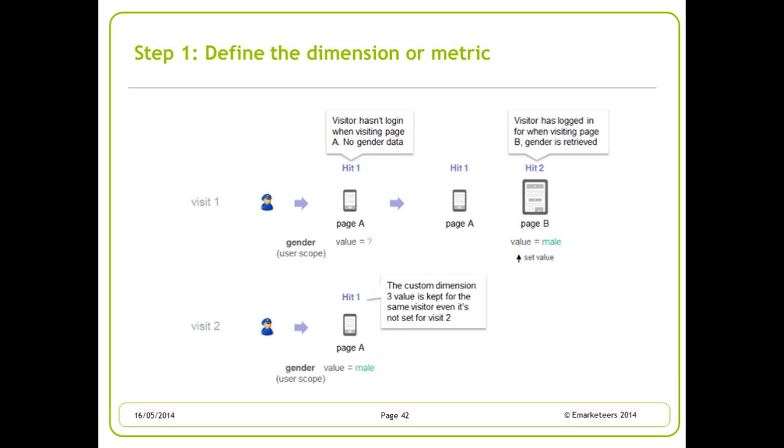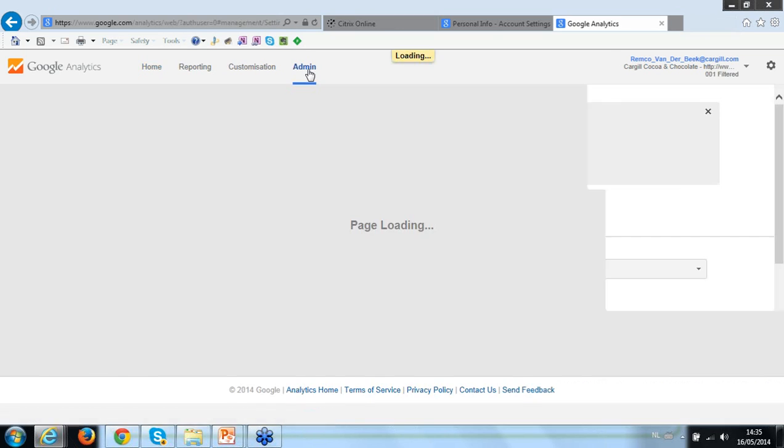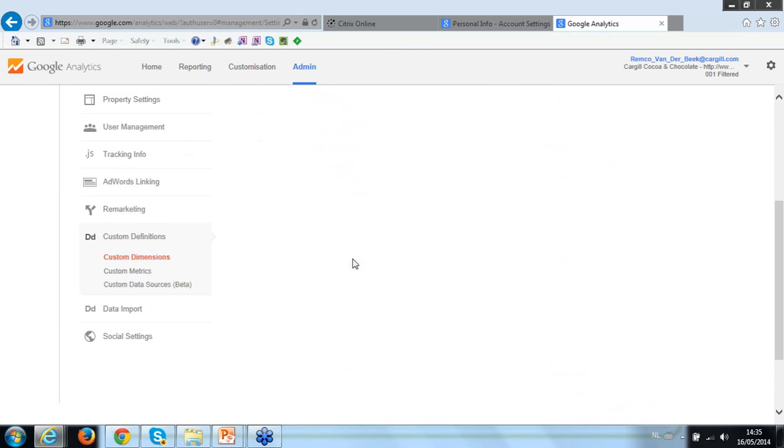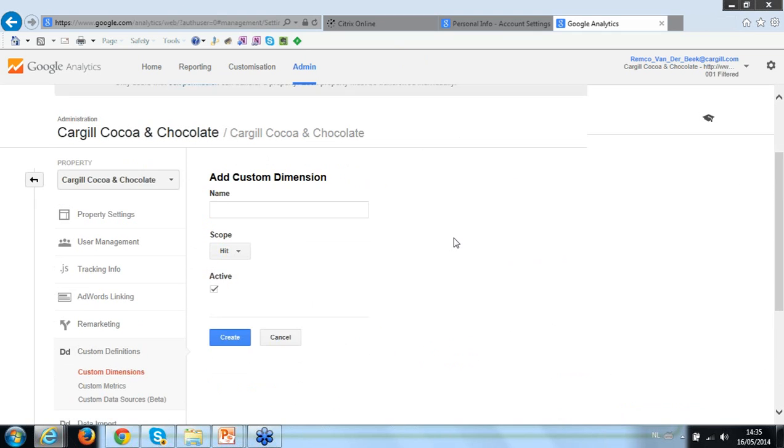So how is this done? Let me see if I can demo it. We still have a few minutes. If I go to admin, I have here custom definitions, and I go to custom dimensions, new custom dimension.